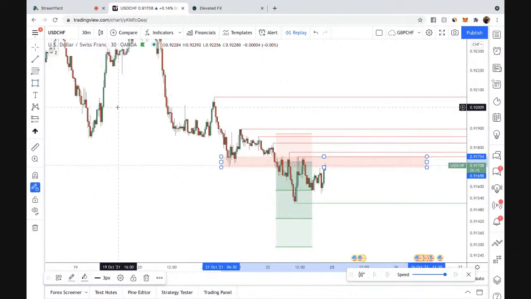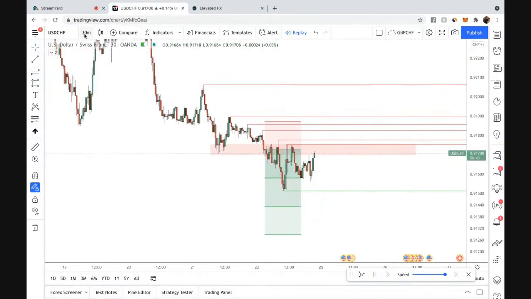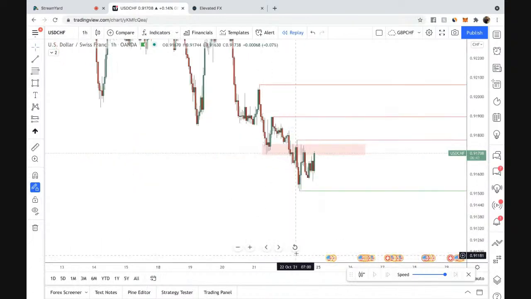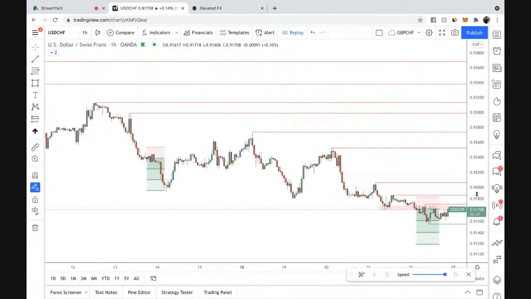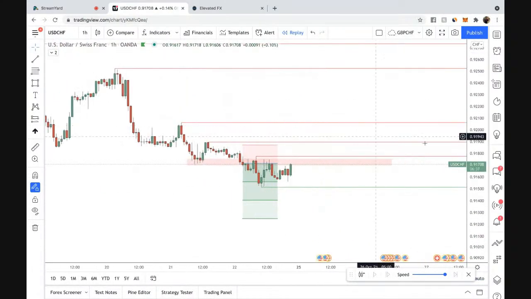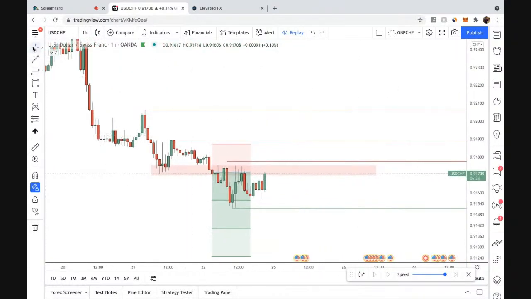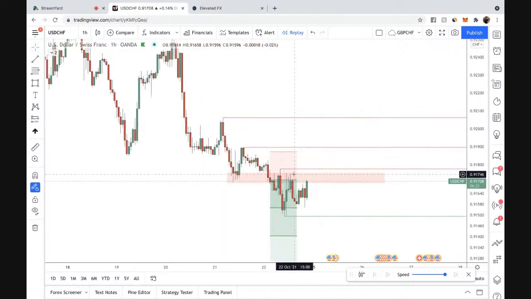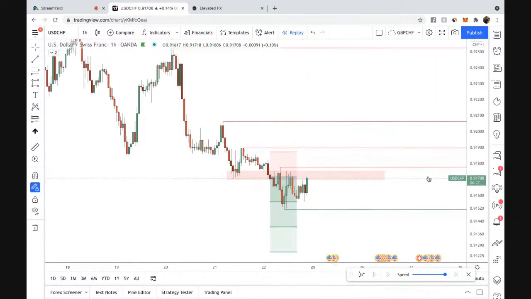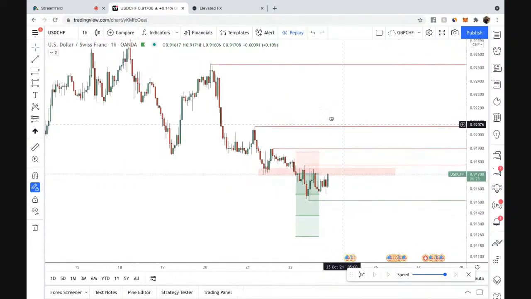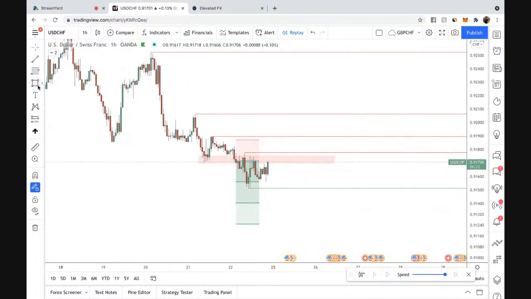If I know I have a nice Enigma setup and I know I'm bearish, my question is, where can I get in to reject, right? And me getting into reject, I would love for it to be right here. You see where that structure is? If it can hold some of that, that would be great. But we're going to have to keep this one minimal. I like it, though. It's not bad.